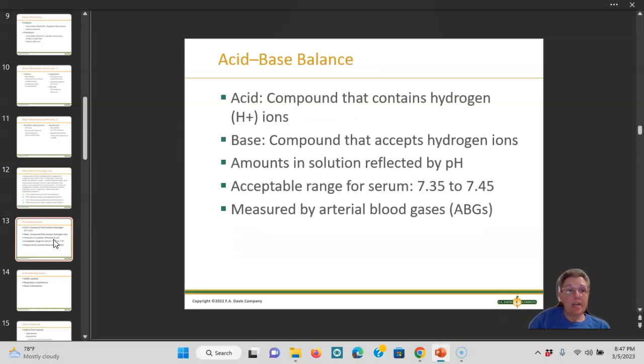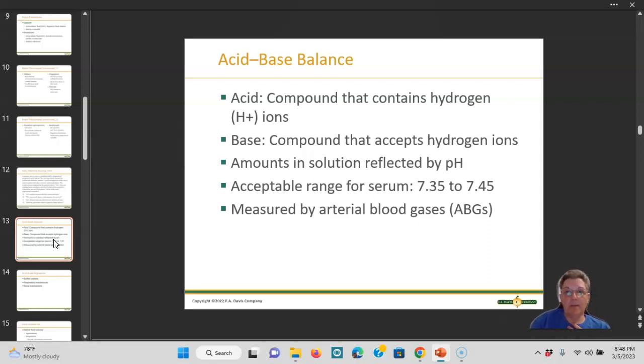Acid-base balance. So we're getting into the ABG part, which is fun. When we talk about acid-base balance, you're looking at acid being a compound that contains hydrogen ions, the H plus ions, and a base, which is a compound that accepts those hydrogen ions. The amount in solution is reflected in the pH. A normal pH value is 7.35 to 7.45, and we measure this by an arterial blood gas,